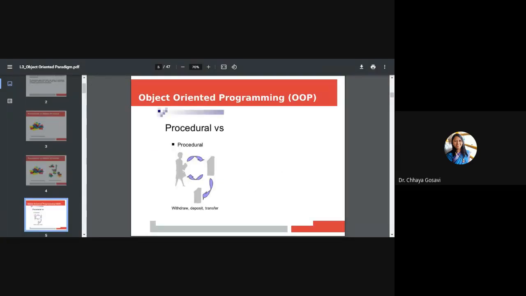Or one more example. In case of procedural programming, if I ask you to write a banking application, you have to write a function called withdraw. The withdraw function will ask the user to enter how many rupees you want to withdraw, and those rupees you have to subtract from my balance, and you have to show my balance. That is the withdraw function. What is a deposit function?